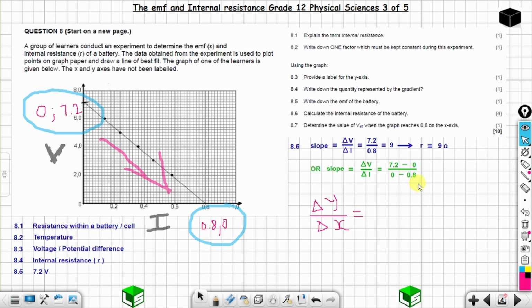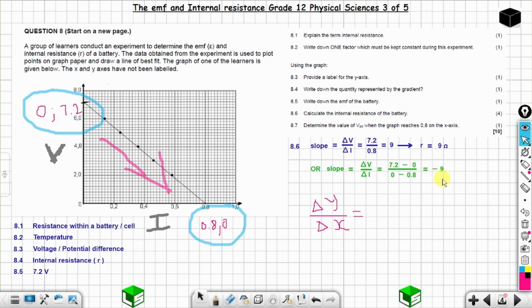You have to keep the order. When you start from this point with your y, you are going to do the same with your x. From 7.2 minus 0 over from 0 minus 0.8. You are going to have